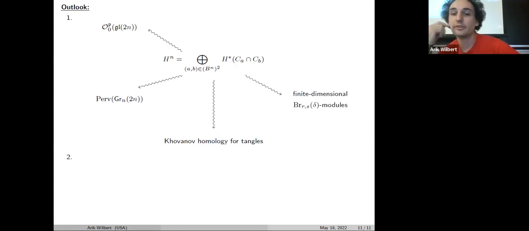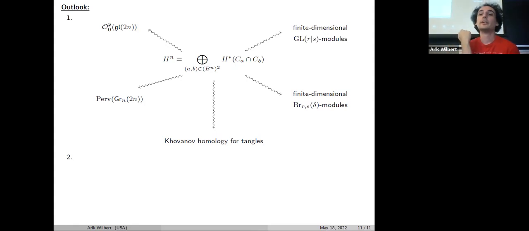Then there is a more diagrammatic algebra, the Brauer algebra. It plays an important role in certain Schur-Weil dualities in representation theory. You can describe certain decomposition numbers, important representation theoretic properties of modules over these Brauer algebras, using these arc algebras. And one final thing,